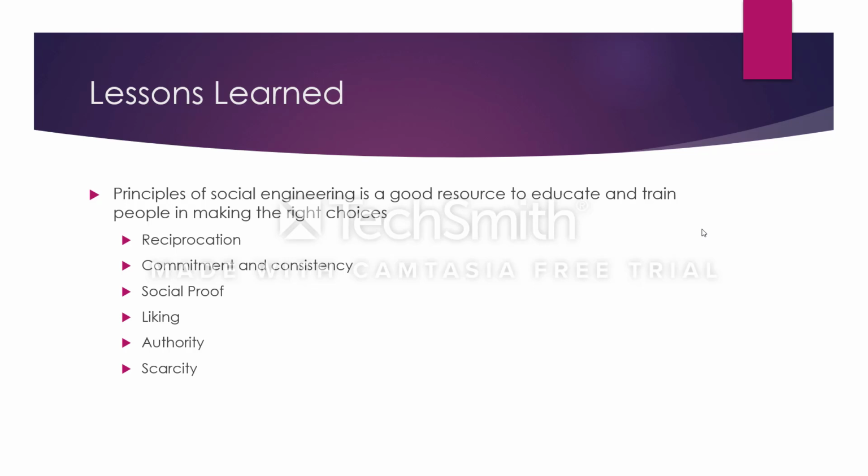There's a guy who I read about. His name's Dr. Robert Cialdini. He wrote a book about the psychology of persuasion, and I think it's how people can guard themselves from social engineering attacks by training about some of these principles. The six principles are reciprocation, commitment and consistency, social proof, liking, authority, and scarcity. I'll talk a little bit about what all of these mean in depth, and then we'll discuss how we can learn from it.